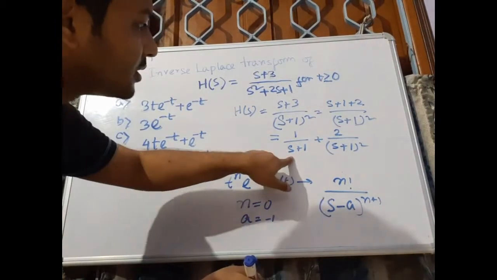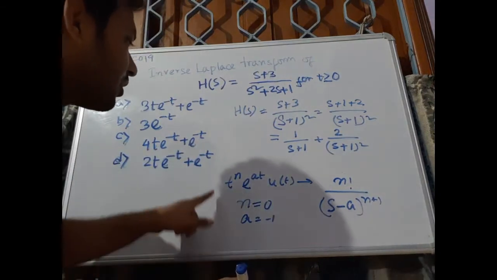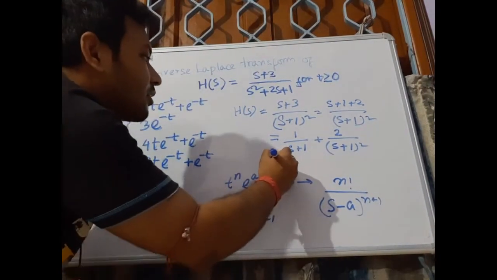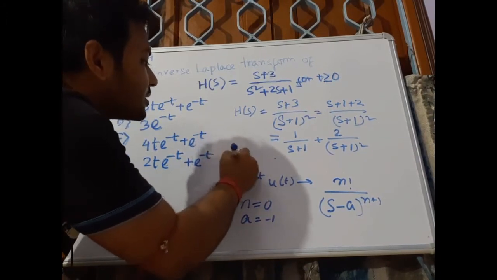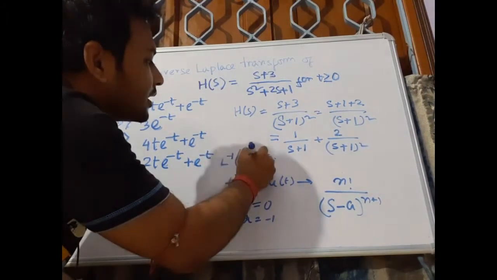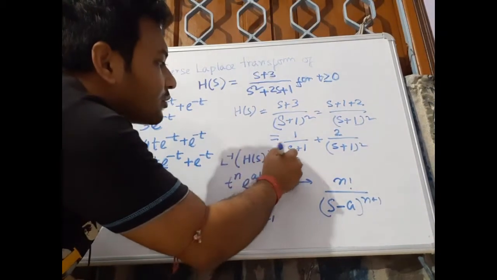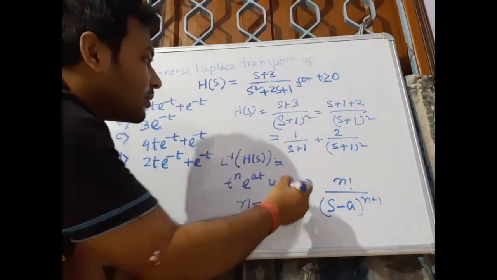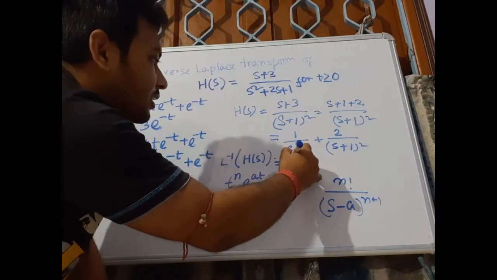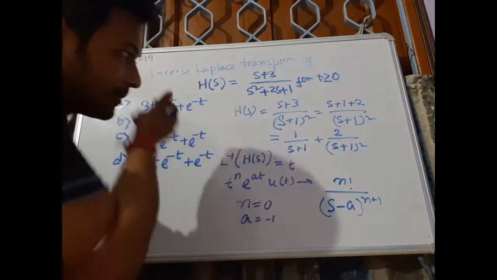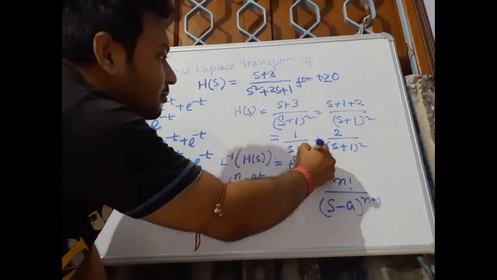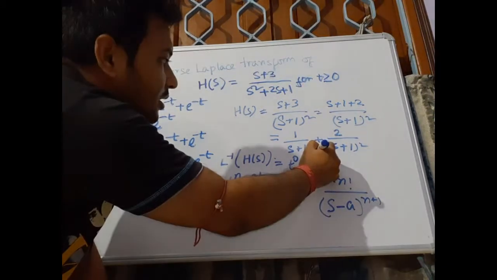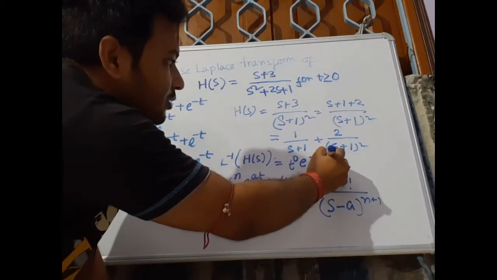So this is the thing. So if I do the inverse Laplace transform of H(s), this will be t to the power 0 e to the power minus t u(t),